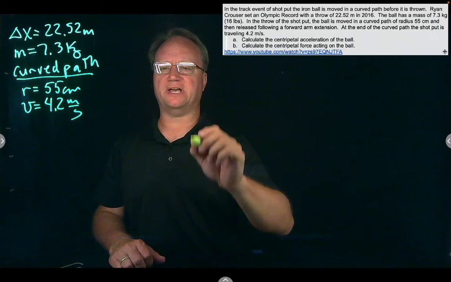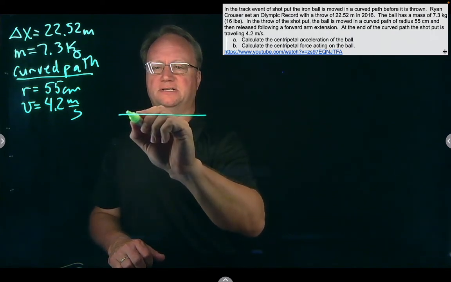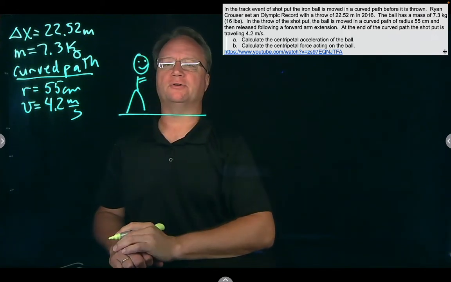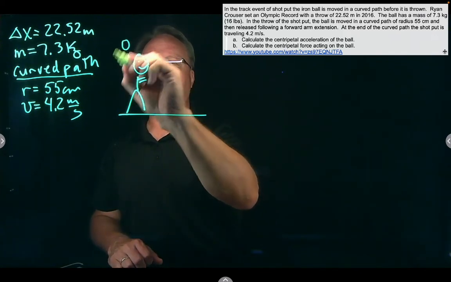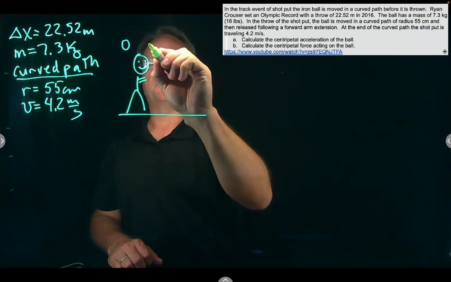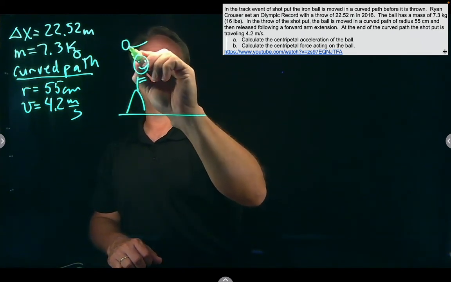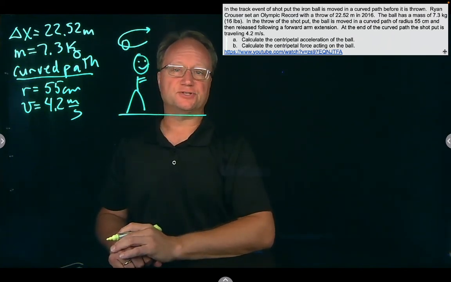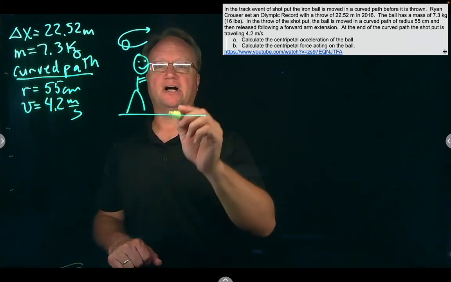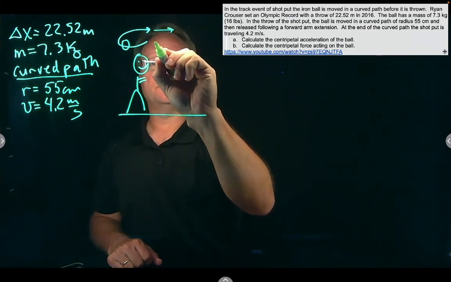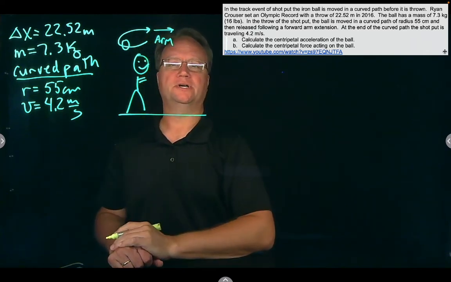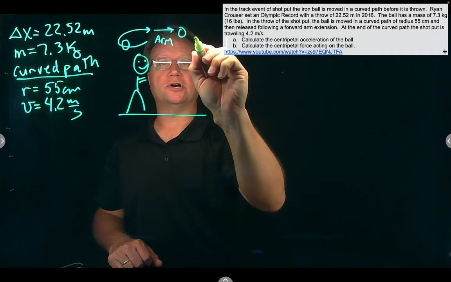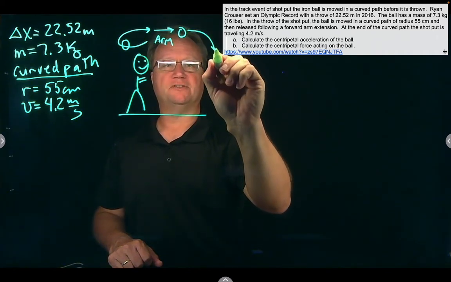Okay, so if you can imagine, in my wonderful artwork here, we're not even going to try to attach the arm to the ball. Here's the ball. Imagine the arm goes up there. So in the throwing motion, the person is going to twirl around and the ball is going to go in a curved path that has the radius of 55 centimeters. Following that, the arm extends forward to give that final thrust, that final push. And then the ball goes flying, and the ball flies